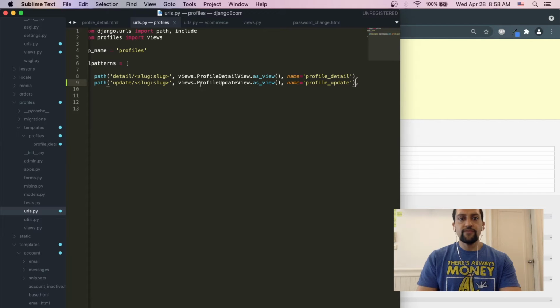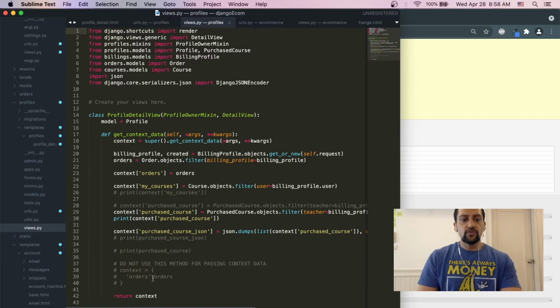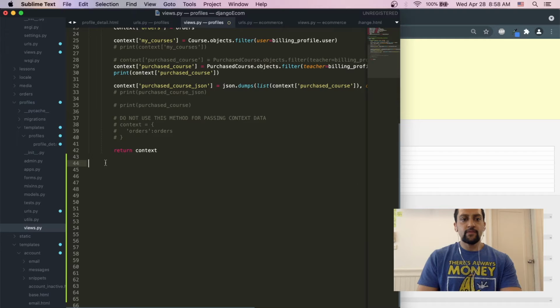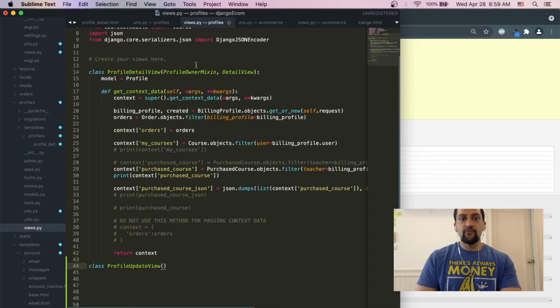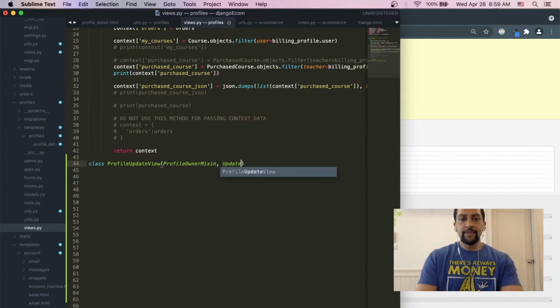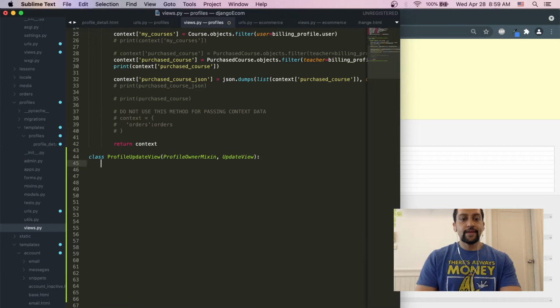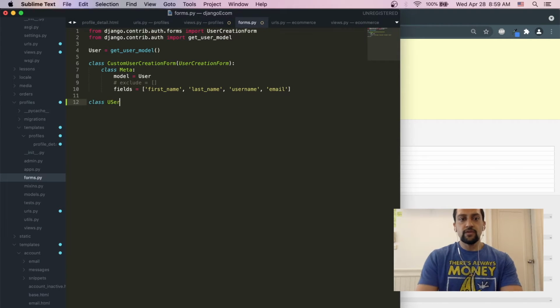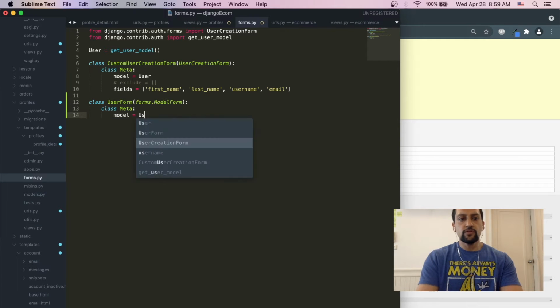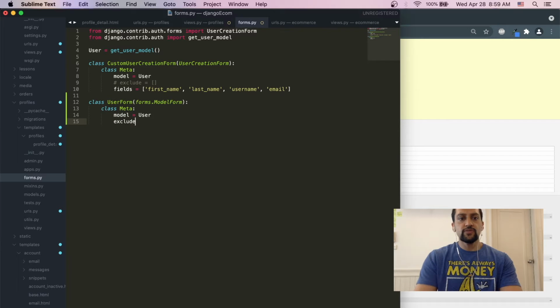alright perfect so มี update view แต่จริงๆไม่มี update view ข้างใน views so ข้างใน views เขียนว่า class profile update view และใช้วิธี profile owner mixin และ update view จริงๆยังไม่มี update view so จำเป็นต้อง import update view และไปข้างหลังและข้างในนี้ใช้ model user และใช้ form underscore class อะไรครับเพราะว่าเป็น update view จำเป็นต้องใช้ form so ข้างในนี้มี custom user มี user form เพราะว่าเราอยาก update user data so forms model form และข้างในนี้มี class meta อีกครั้งครับและมี model equals to user และมี fields actually let's just do exclude ทั้งหมดทีเดียวครับและผมอยากใช้ template name ที่นี้